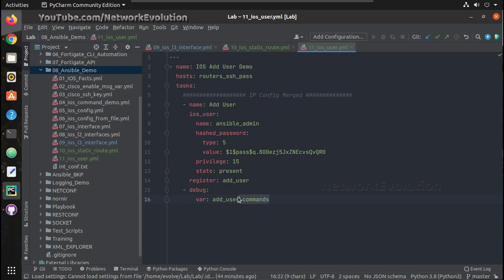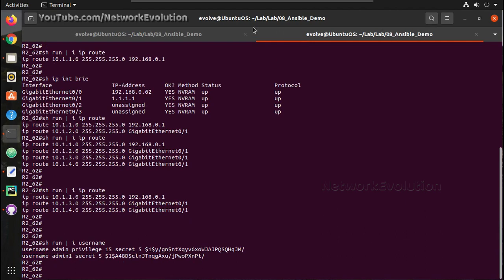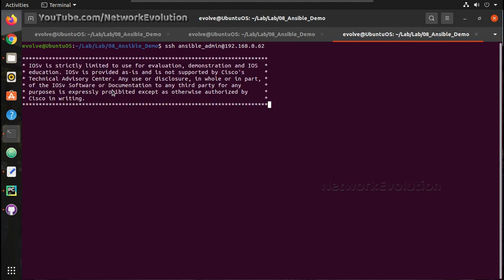So this will return the commands it is going to execute. Before that, we'll try logging into the device. So now I am not able to log in.